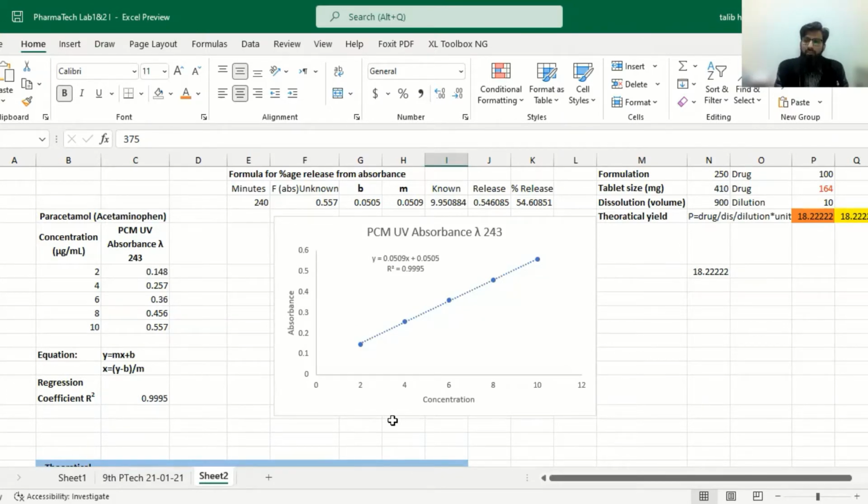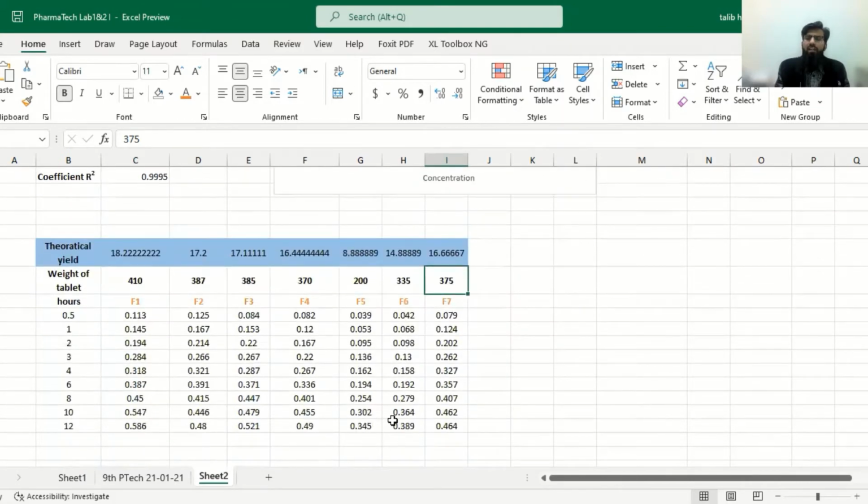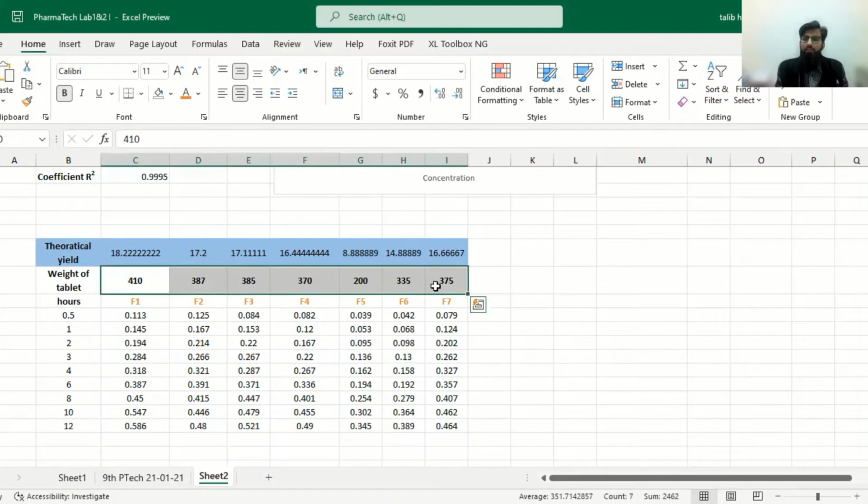So it was our formulation that contains 100 milligram of a drug, and each formulation contained 100 milligram of a drug with different polymers, with different blends, with different combinations, but the different polymers and blends of polymers. So their average weight was taken, and that representative tablet was inserted in a dissolution media from which these samples were taken.